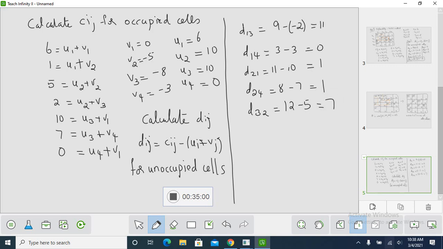After our D32, come for D42. So D42 will be 0 minus U4 and V2. The value is plus 5, which is greater than 0. Then we have D43. D43 is again 0 minus U4 and V3. U4 is 0. V3 is minus